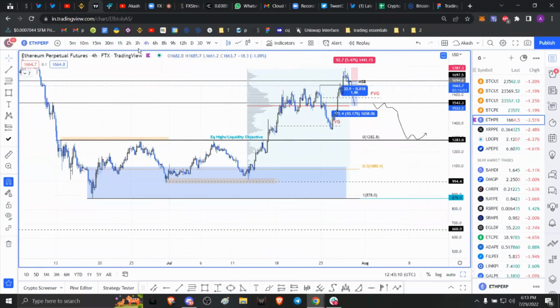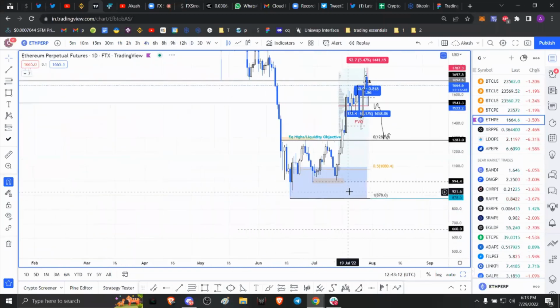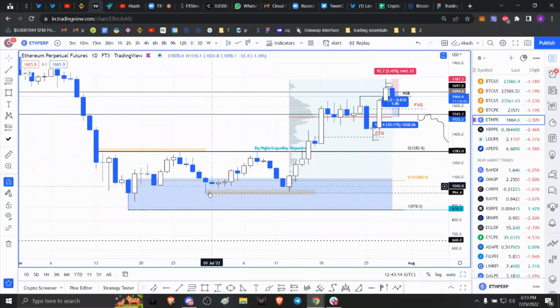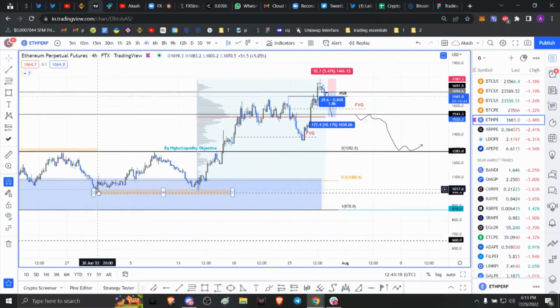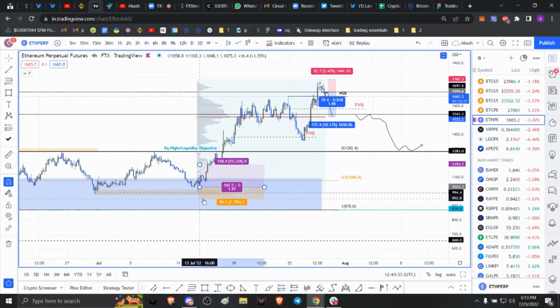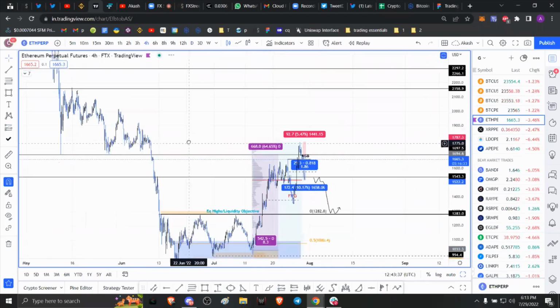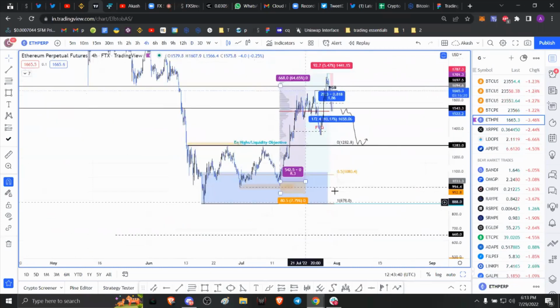Actually, on a daily time frame, you can see that the price formed a double bottom here. I think 4-hour was correct. The price formed a double bottom on 30th June and 13th July, then rallied quite a bit. Evidently, below this double bottom is a lot of liquidity resting for people that longed here. Investors that longed here would have their stop losses somewhere like this, and the ones that expect this rally to continue because of the merge and go all the way to 2000 still haven't